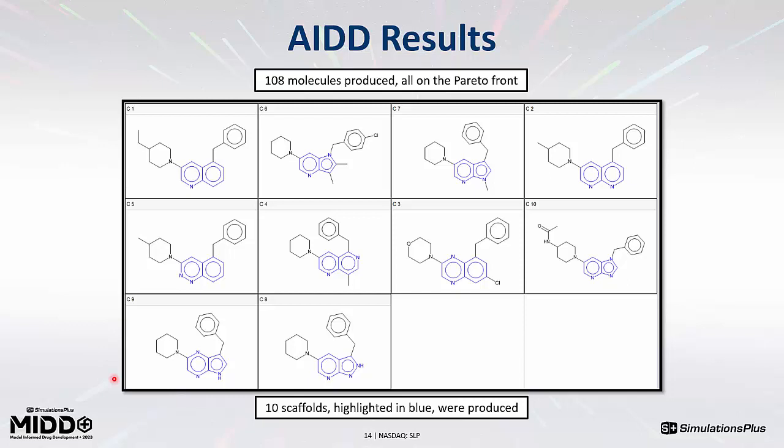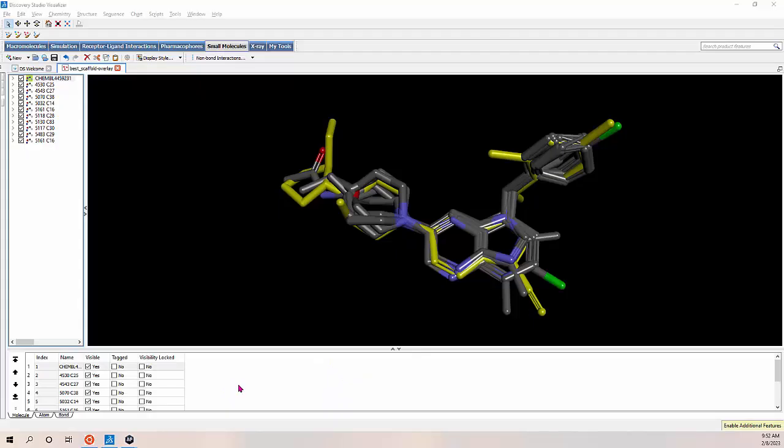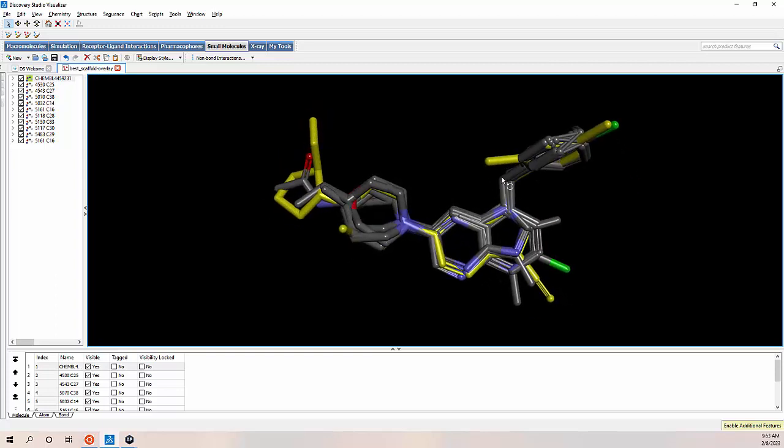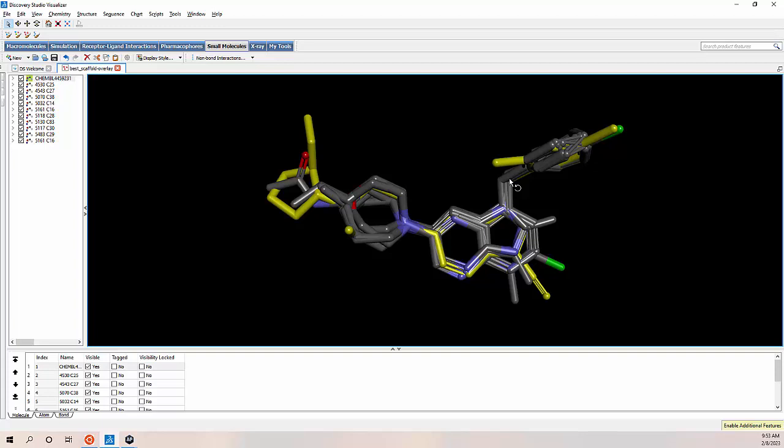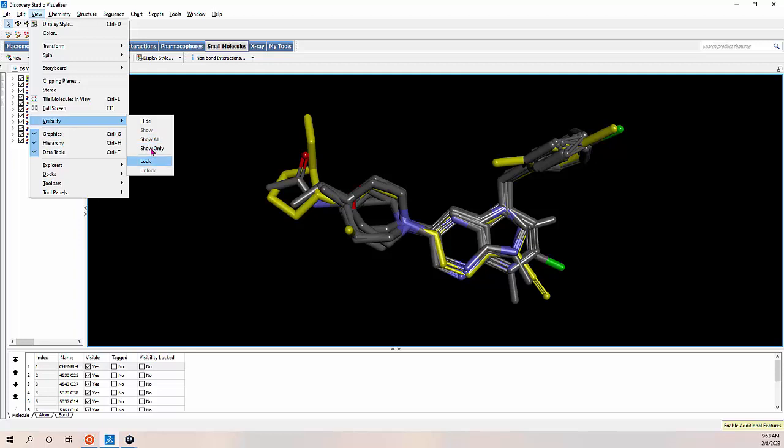This slide shows the scaffolds that were produced from the AIDD run. 108 compounds with 10 scaffolds were produced. The scaffolds are composed of 5,6 and 6,6 fused ring systems that should overlay nicely onto the RAF therapeutic compound reference structure. Now let's examine the overlay of these molecules that was produced by the shape matching algorithm. I've displayed all 10 compounds produced by AIDD and the RAF compound that is shown in yellow. The benzyl groups of all the molecules overlay onto the RAF dichlorophenyl group. I'll undisplay all the compounds except for the RAF compound and then view a few of these examples one at